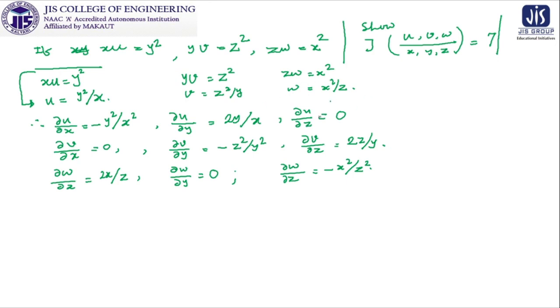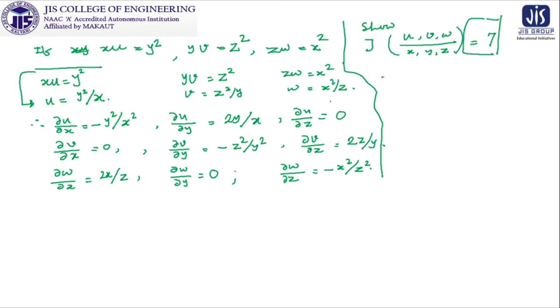So we can get for this particular Jacobian del u del x, del u del y, del u del z, del v del x, del v del y, del v del z, del w del x, del w del y, del w del z. We have already pre-visualized that this is our requirement. That is why we are calculating all these things. Because according to the definition of the Jacobian, we need these 9 items for this particular problem, because it is a 3x3 system.